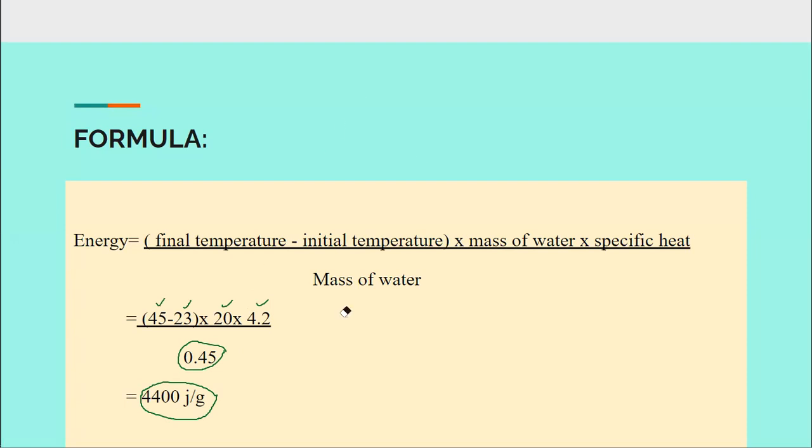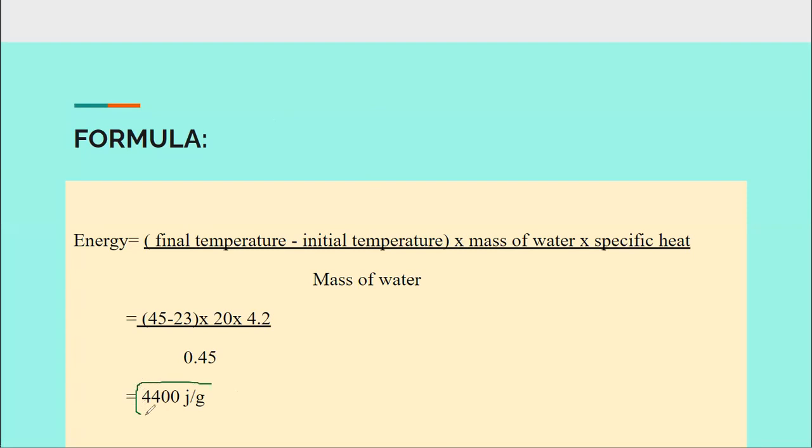4,400 joules per gram is the energy in that sample of the food. Which sample? 0.45 gram of pasta or whatever it is, a biscuit or a peanut. It can be anything. All right. But the energy